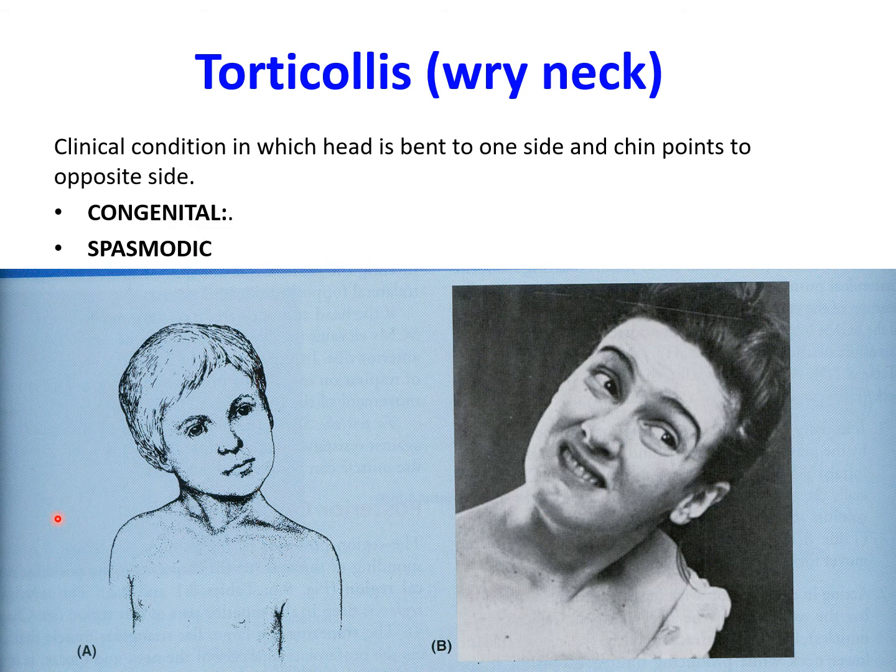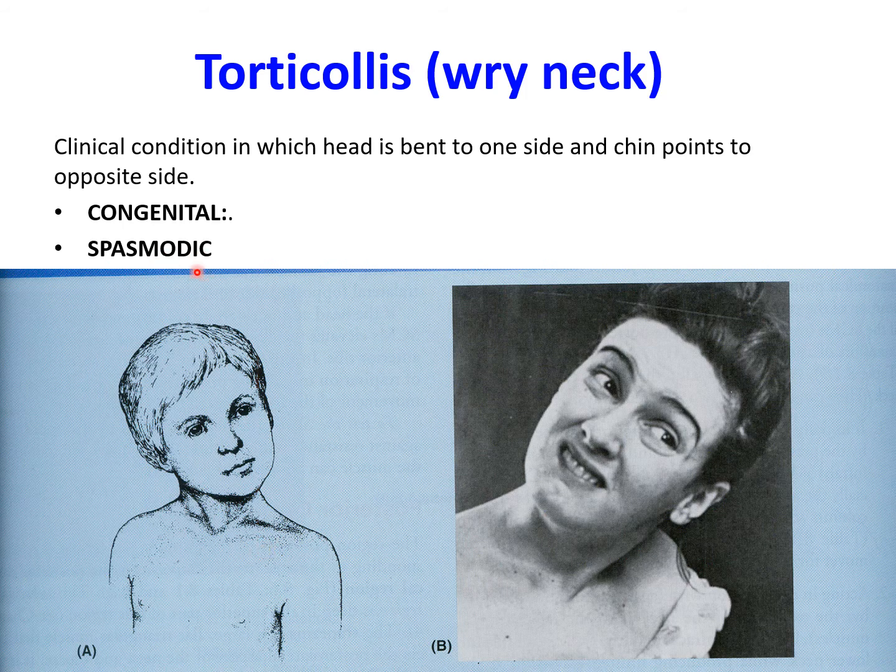Because of this, the mastoid process is pulled down towards the sternoclavicular joint of the same side, and the cervical spine is extended and the face starts looking upward to the opposite side. If this particular condition is left untreated, asymmetrical growth changes occur in the face and the cervical vertebrae may become wedge shaped. So this is the reason for the congenital torticollis.